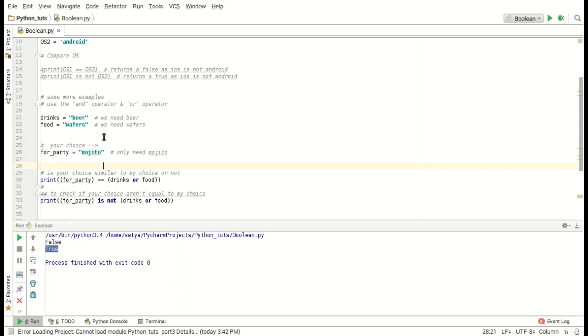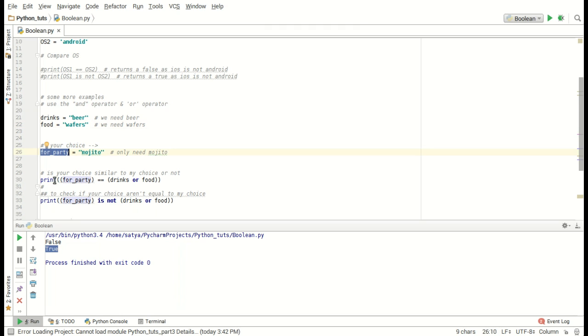The first two variables are my choices, and the third variable is your choice. My choice consists of the variable drinks, which has a string value of beer, and the second variable is food, which consists of wafers. Third would be the for party variable, which is your choice, that would contain the string mojito. And then we have another set of print statements,